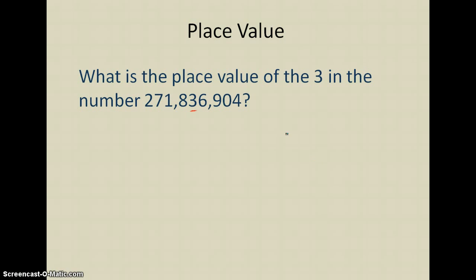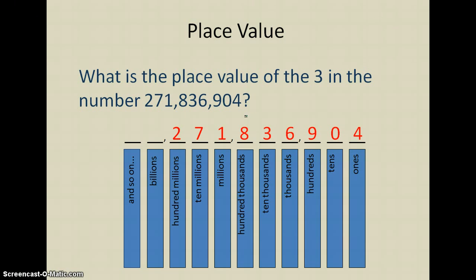And what I'm really going to line up is I want to make sure that the 4, because it's the last digit, ends up in the ones place. So I'm going to put the 4 over the ones place, I'm going to put the 0 over the tens place, the 9 over the hundreds place, and so on, and then I can see that the 3 ends up over the 10,000s place. So to answer this question, I would say that the 3 is in the 10,000s